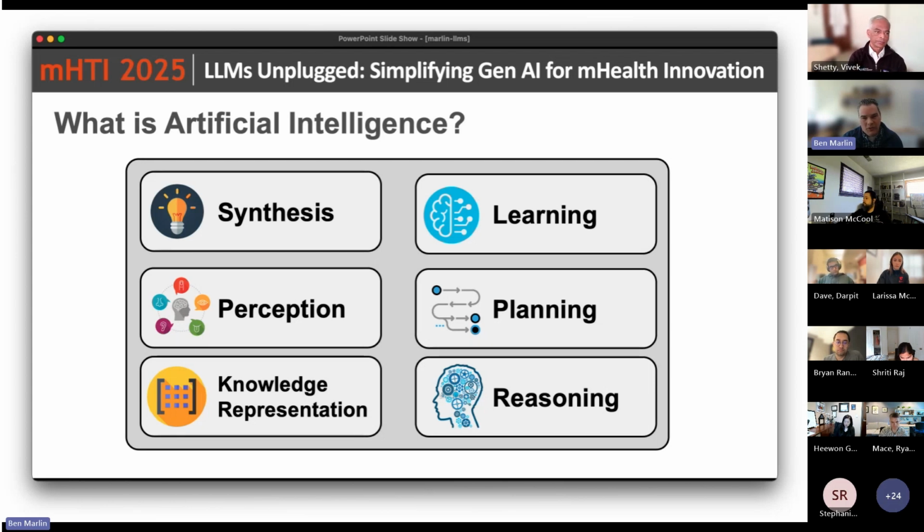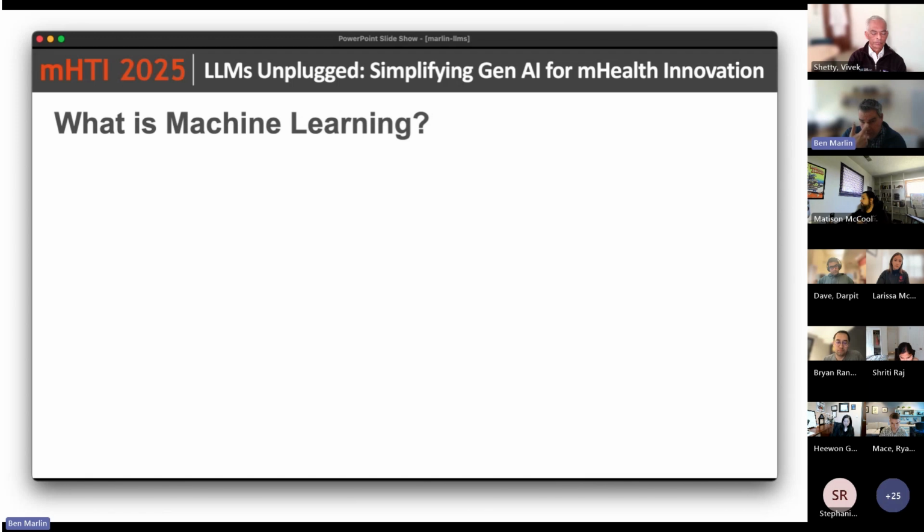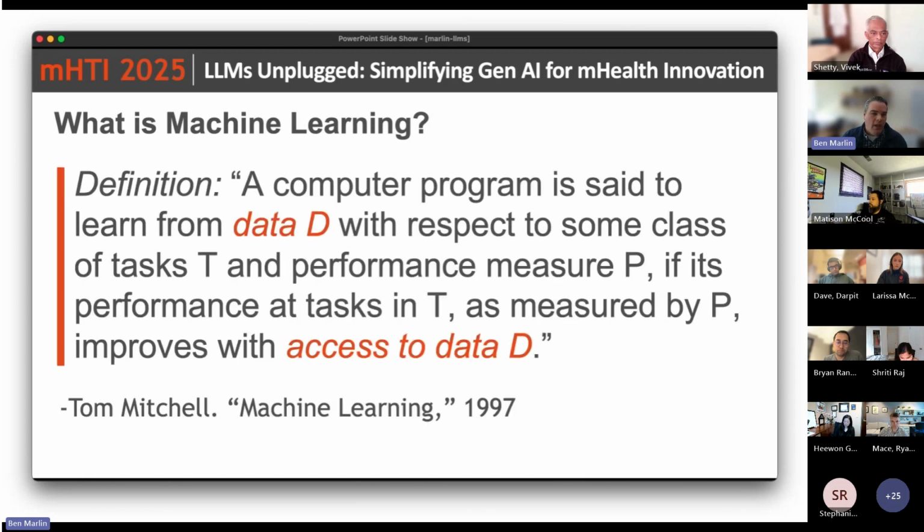So there are approaches where you learn to reason, you learn to plan, you learn how to perceive, you learn how to generate. So machine learning is sort of the core of a lot of these different capabilities at this point. So again, machine learning maybe has a 50 or 60 year history as an independent discipline.